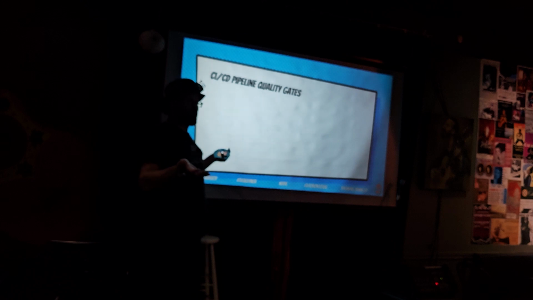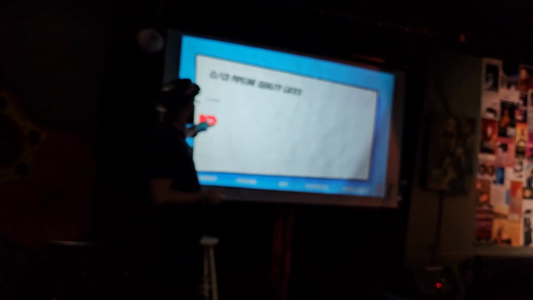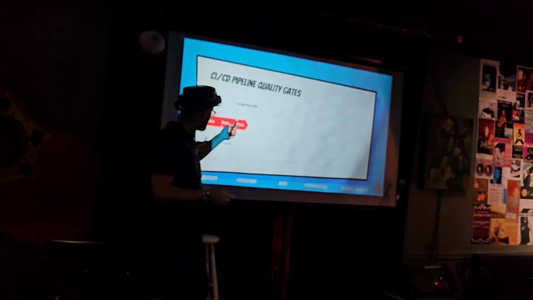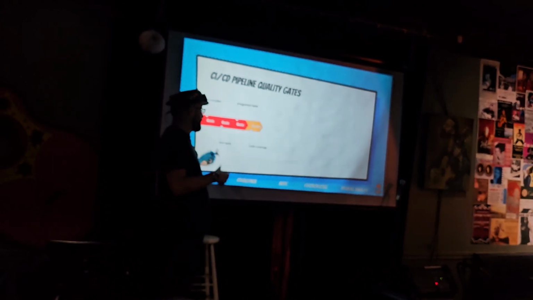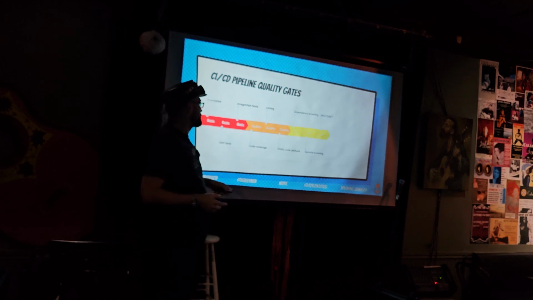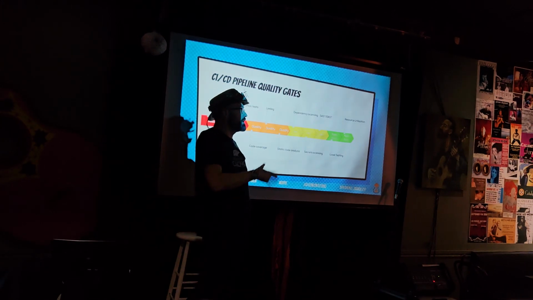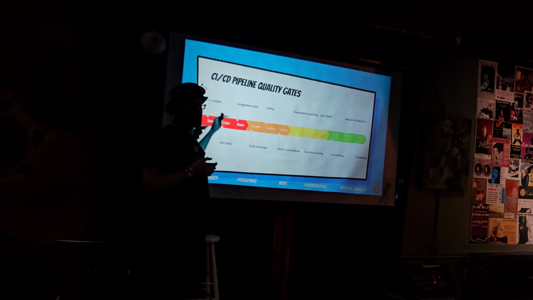A complete list of the feedback that we want can be found in our CI/CD pipeline, because the CI/CD pipeline checks all of it. It checks compilation, it checks unit tests, it checks integration tests, it checks code coverage, it checks linting, static code analysis, dependency scanning, secret scanning, security static code analysis, load testing for non-functional requirements, resource utilization, and compliance. A proper CI/CD pipeline has them all. Now, how about that as feedback?